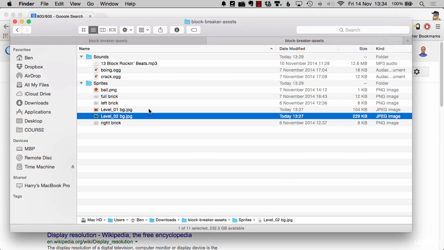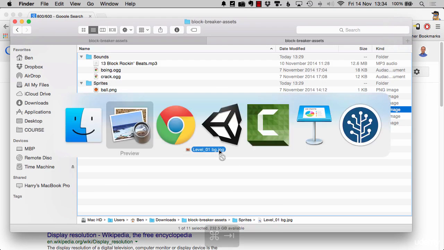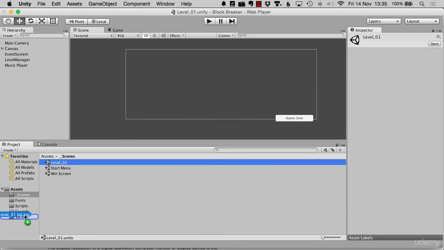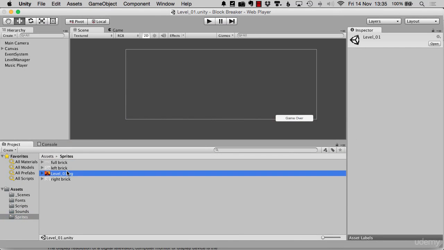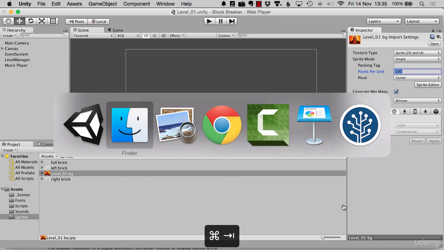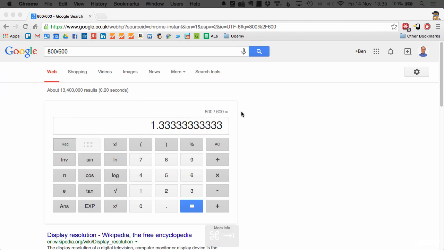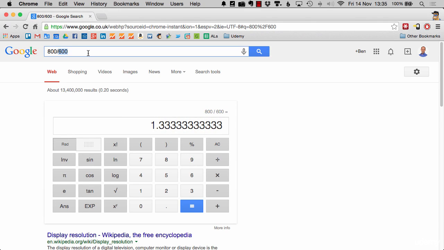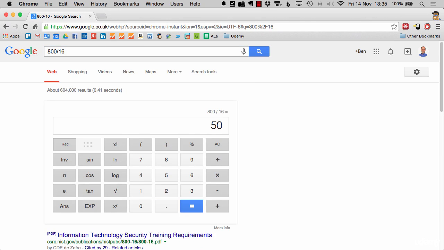So first job is to get the background image into Unity. So just simply drag it into your sprites folder. And there it is. Once it's in your sprites folder, it's just an image. We have to think a little bit about our pixels per unit up here, because we are going to have 16 blocks wide as a total overall game space. And we have an image that is 800 pixels wide. So we want 800 pixels to map to 16 world units, because we're going to go for one world unit